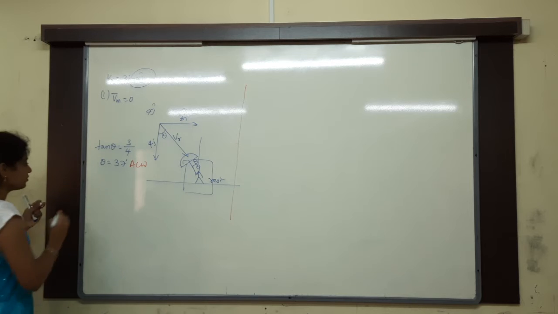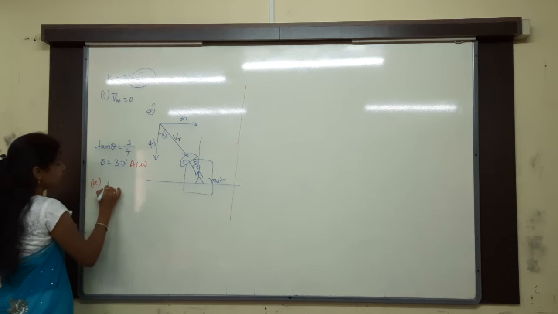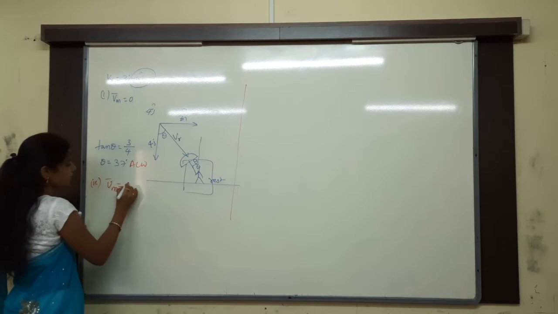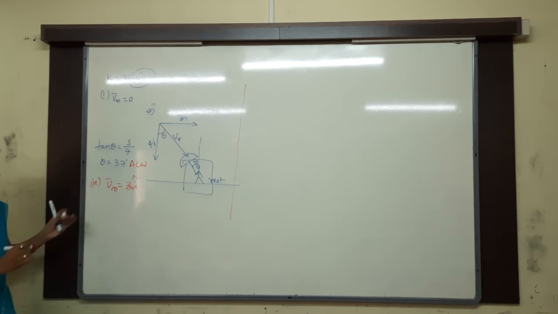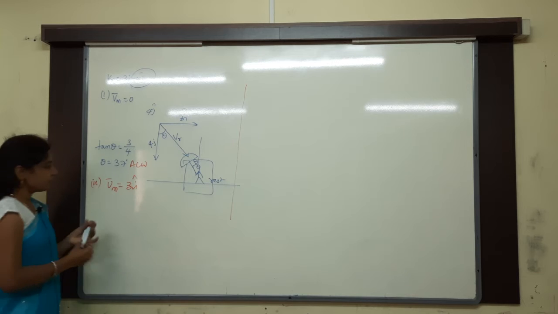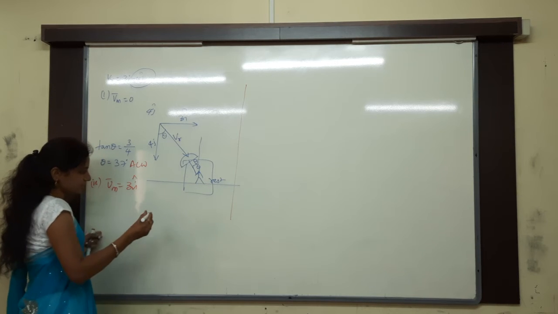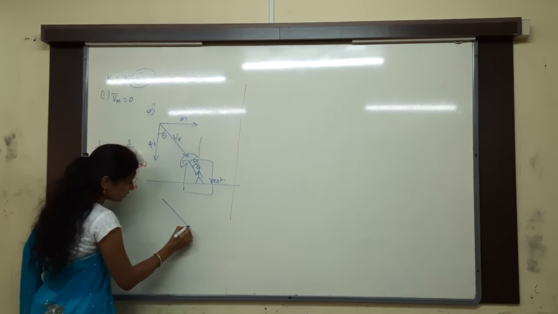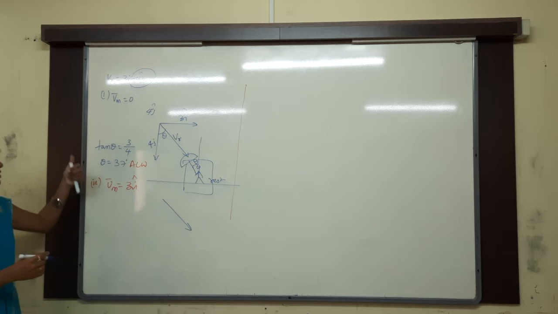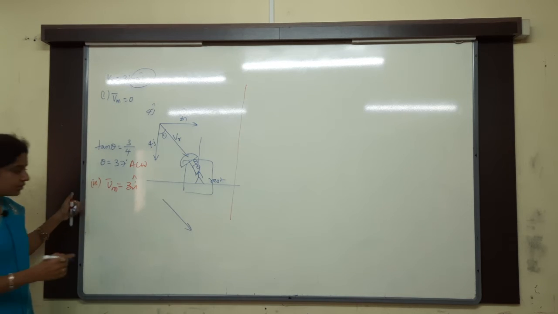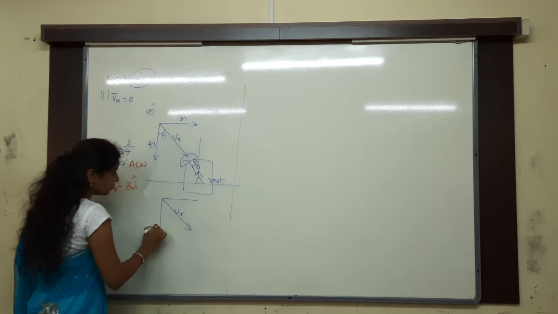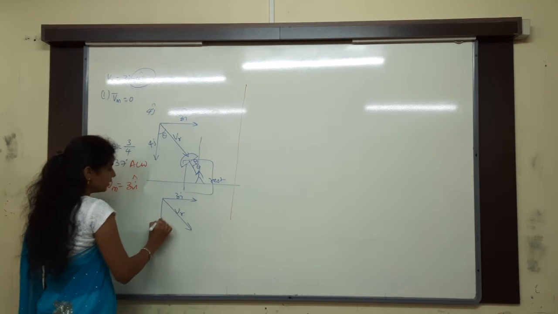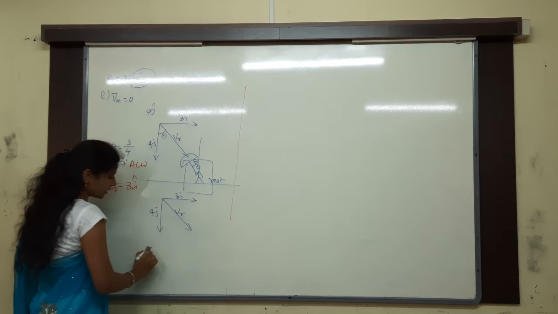Then the second question. Whenever the velocity of the man is 3i cap, see, whenever you stop the man, that will be very easy for you. Now again rain is falling in the same way. Is there any change in the rain velocity? Nothing. So the velocity of the rain is like this only. The horizontal component is 3i cap, and the vertical component is 4j cap.